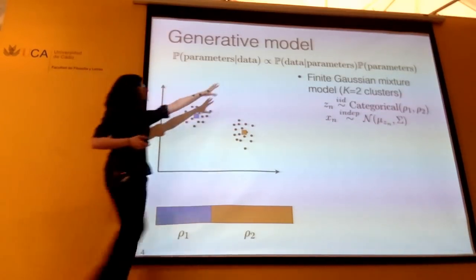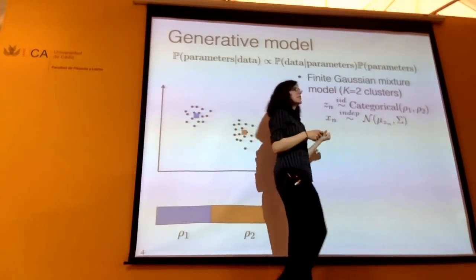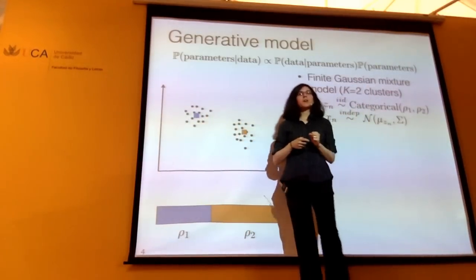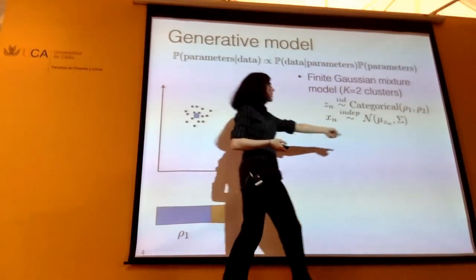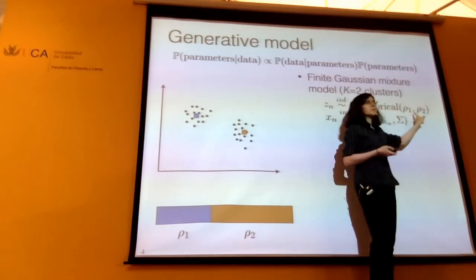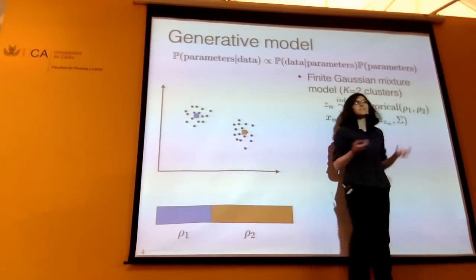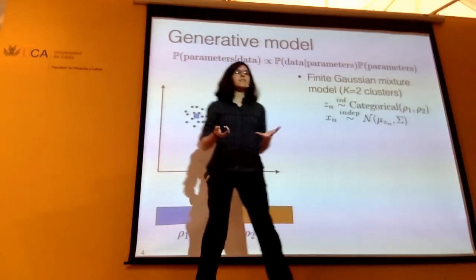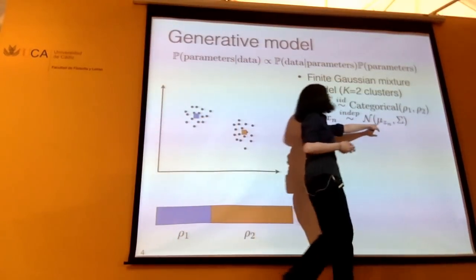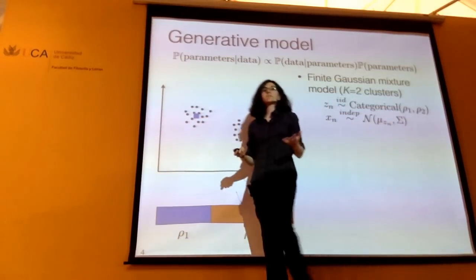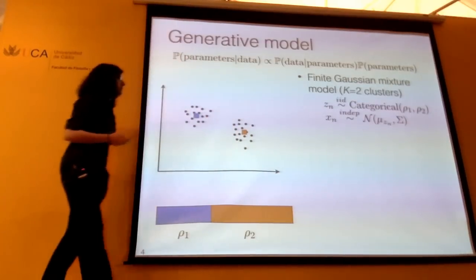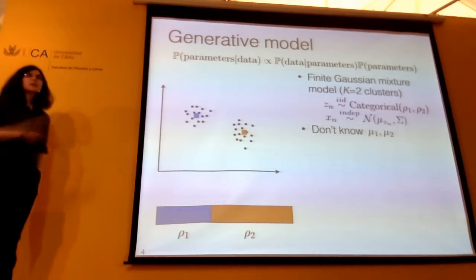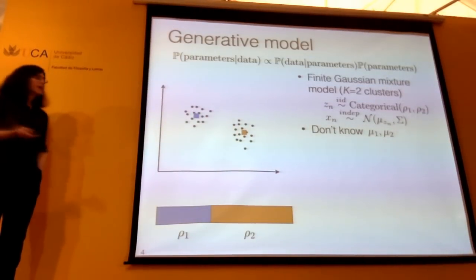Okay, so this is our likelihood at this point, but we're Bayesian, so we want to put some priors on the parameters. In particular, going into my mixture model problem, I don't know what proportion of the data is in each cluster, so I want some prior on that. I don't know what the means of the clusters are going into my problem, so I want some prior on that as well.